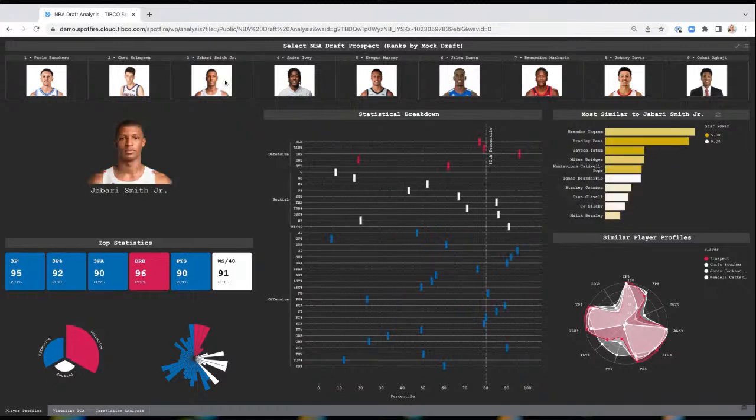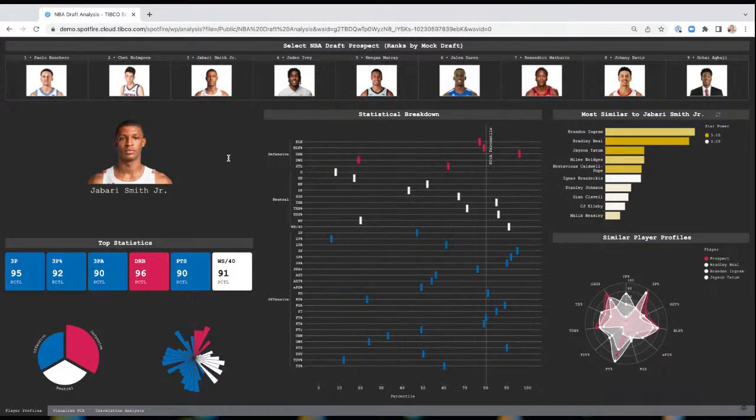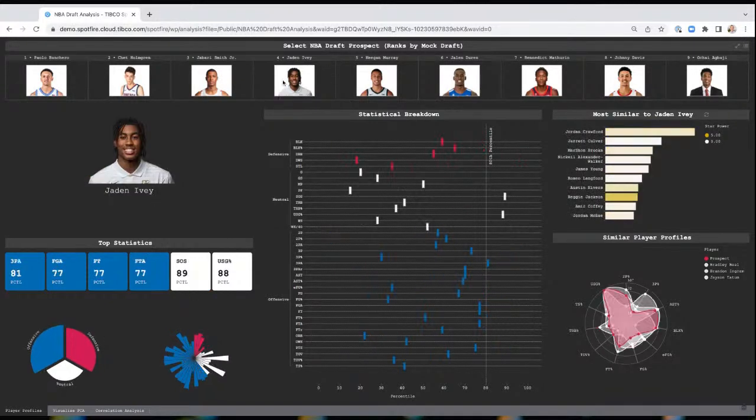Now, the next player that I'll look at is Jabari Smith Jr. What I want to point out here is that he also has a lot of gold and a lot of very good comparisons. So we have Brandon Ingram, Bradley Beal, Jayson Tatum as his top 3. Those are all very good players. And the reason why I want to say that is that I'll move on now to the 4th player in